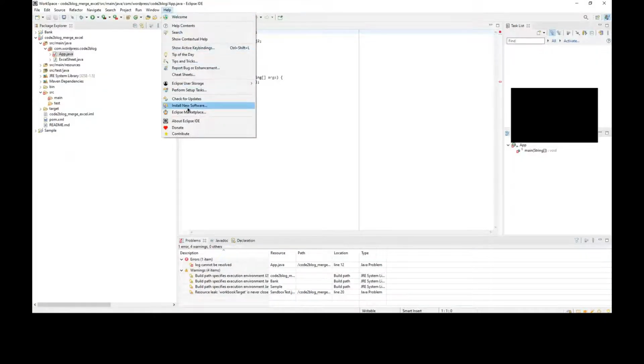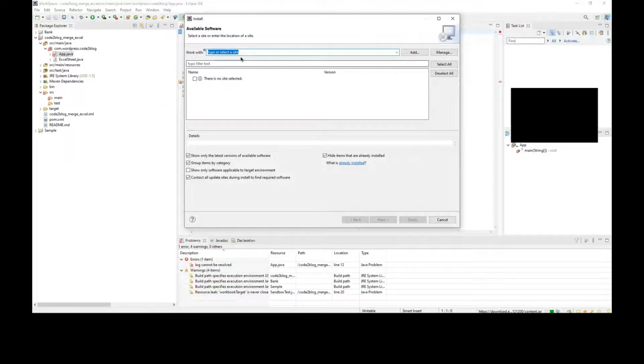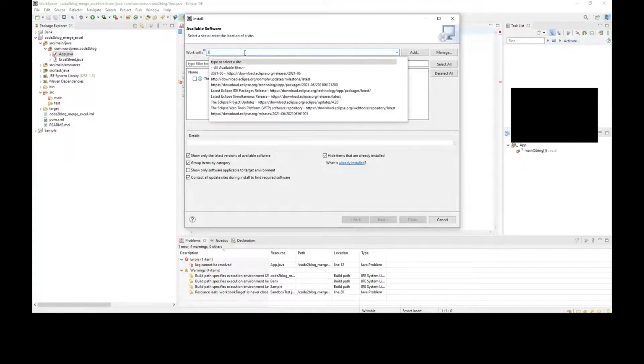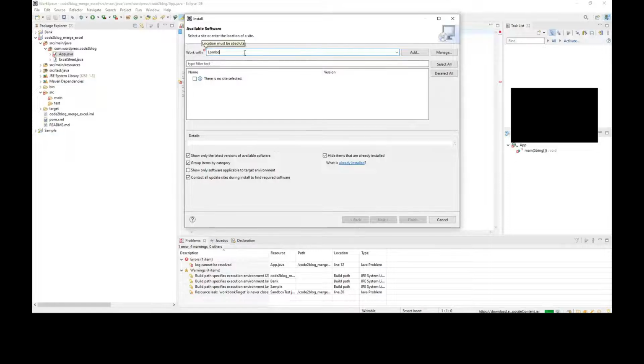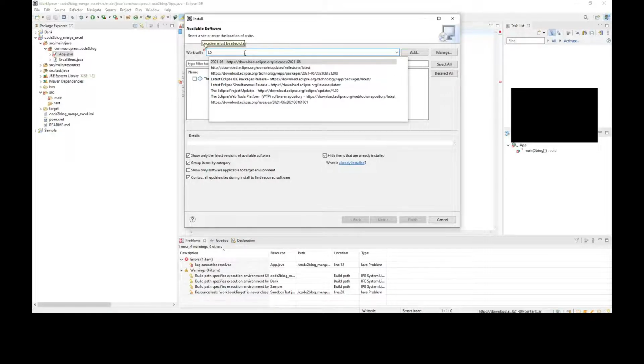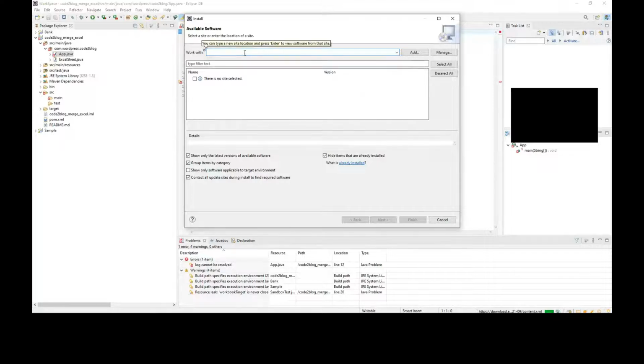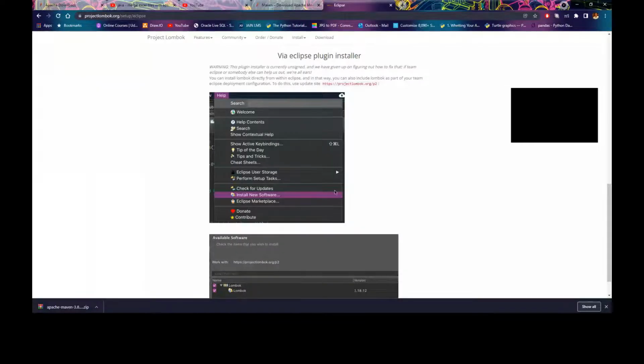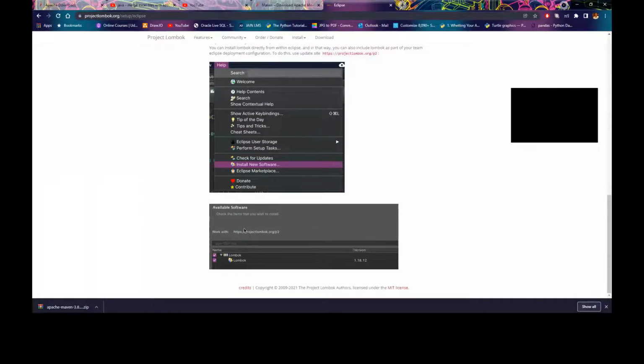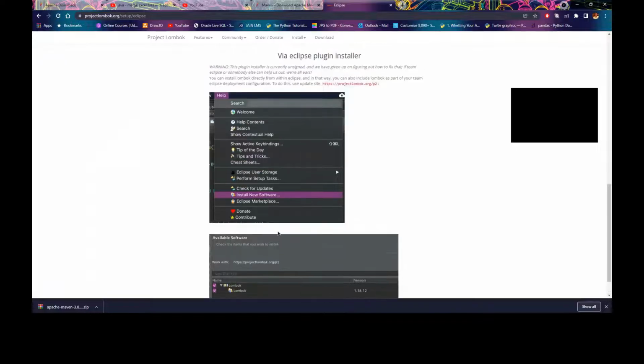Next, install new software. Let's go back to that web page and see what the URL is. The URL is lombok.org/p2. Copy that URL and click on the add button.